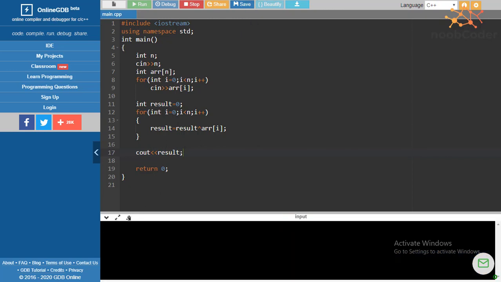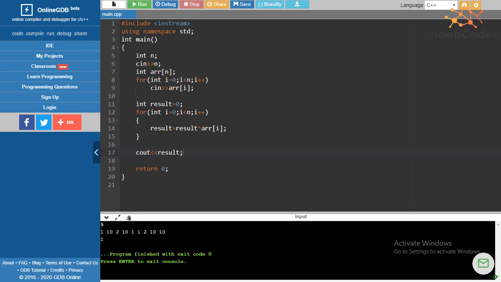Yes, so first we have to put the size of the array. Let's suppose the array which was given in the question itself, so the size of that array was 9. So we have inputted 9, and now we'll put that array as the input itself. So this was the array, right? And we knew that 1 is occurring an odd number of times, and 10 and 2 are occurring an even number of times. So our output here should be 1, and here we can see that the output is 1.